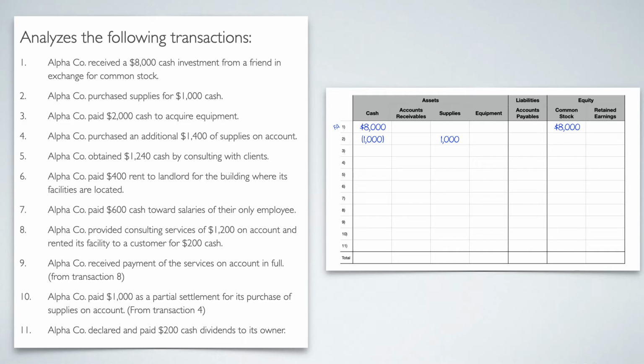So again, we're still following the accounting equation. And so also I'm going to give myself that little note again here. This is going to be an operating activity because this is just day-to-day stuff. This is not investing. This is not financing. This is going to be operating activity.